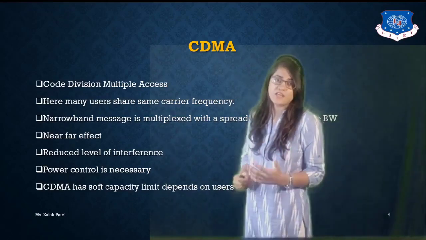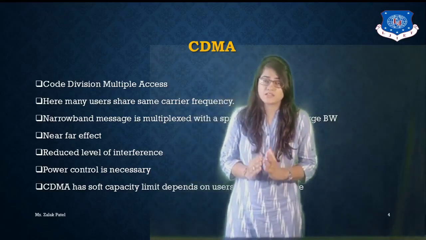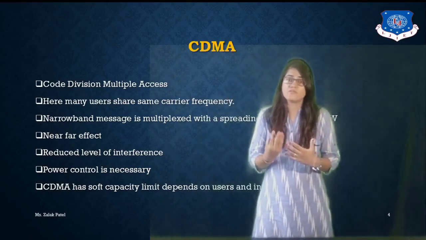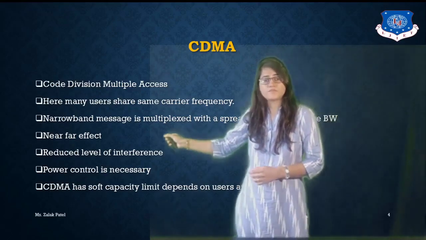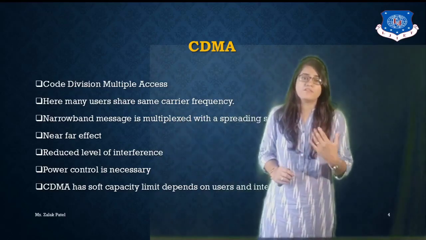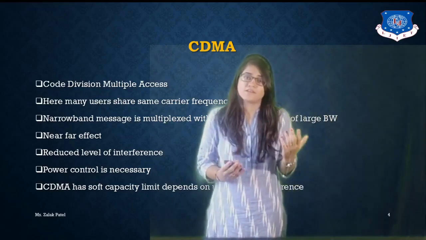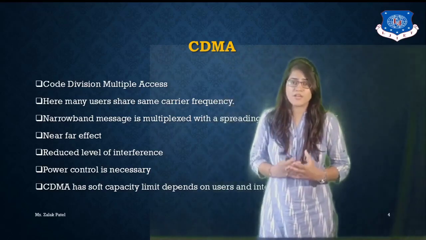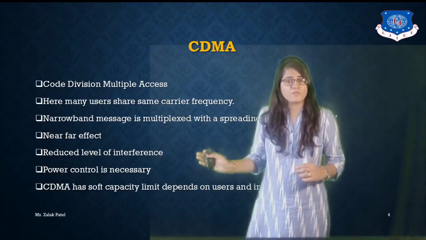In CDMA, one pseudo random sequence, called the PN sequence, is generated for that system. Because of this, the user requires a particular code word to access the channel. The main limitation of CDMA is its near-far effect. The near-far effect is because of the unbalance of the power level at the transmitter and receiver side. Because of this unpredictable power level, or unbalance of power, the near-far effect is generated.